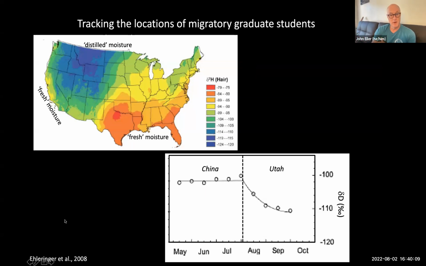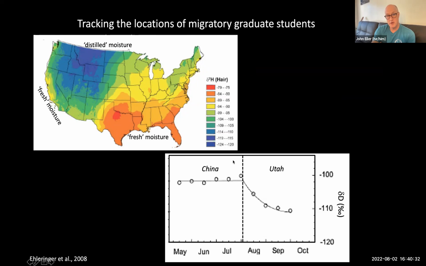Here's an example done by a scientist named Jim Elringer at the University of Utah, where a student who had just reached his laboratory from China agreed to have one of her long hairs pulled out of her head, cut into small pieces, and then analyzed for deuterium content. And starting with the freshest hair, nearest to her scalp,